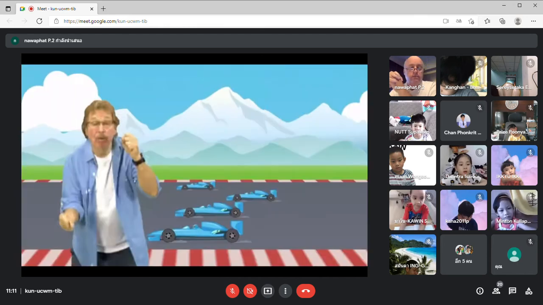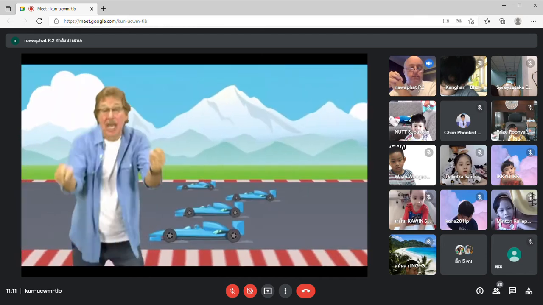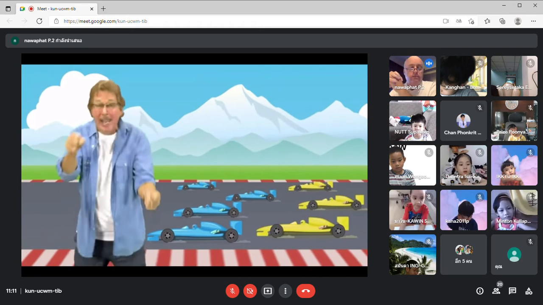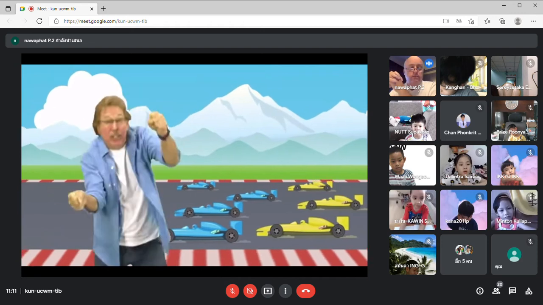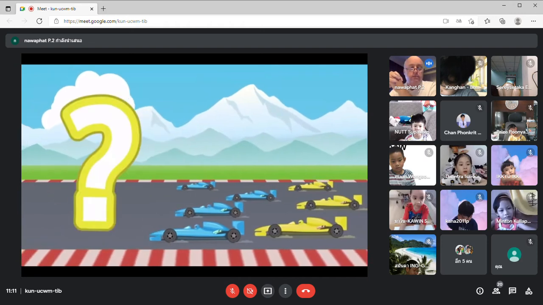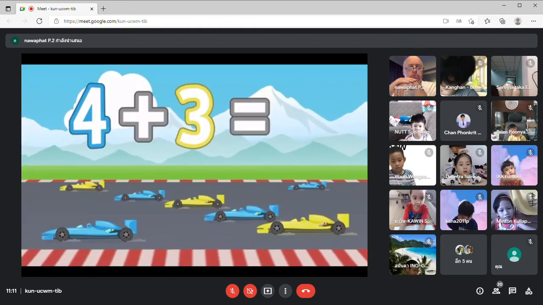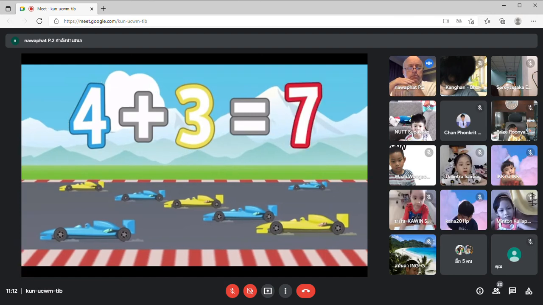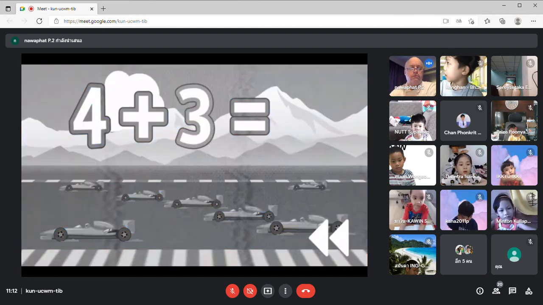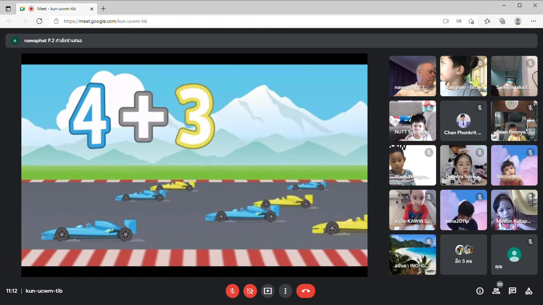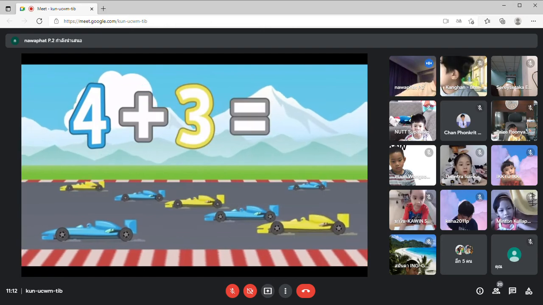Here are 4 race cars, here's how they move. Add 3 more race cars, show me what they do. How many race cars? 4 plus 3 equals 7. 4 plus 3 equals